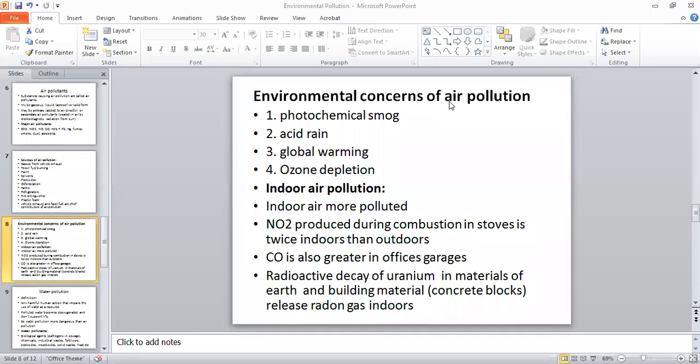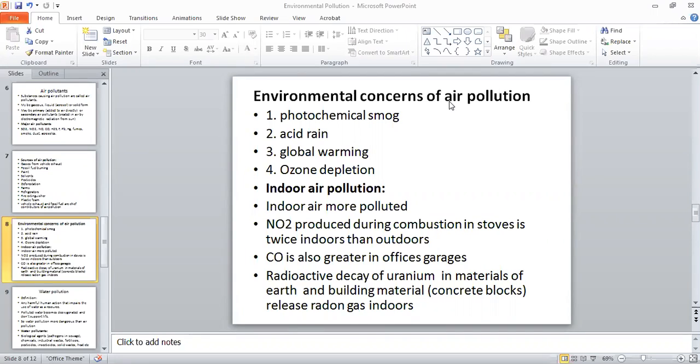As a result क्या होता है कि अर्थ का टेम्परेचर जो है वो बढ़ जाता है और जो एयर पोल्यूटेंट्स इसके लिए रिस्पॉन्सिबल हैं उन्हें हम ग्रीन हाउस गैसेस भी कहते हैं. इसको हम ग्लोबल वार्मिंग, ग्रीन हाउस इफेक्ट कहते हैं. और जो गैसेस ये काम करती हैं, ये हीट को अब्जॉर्ब कर लेती हैं, उन्हें हम ग्रीन हाउस गैसेस कहते हैं. सो उसमें कार्बन डाइऑक्साइड है.